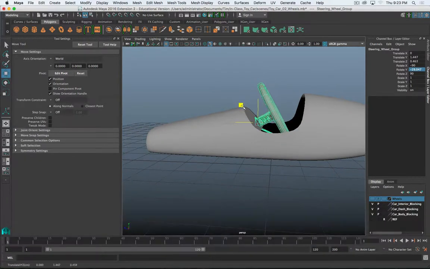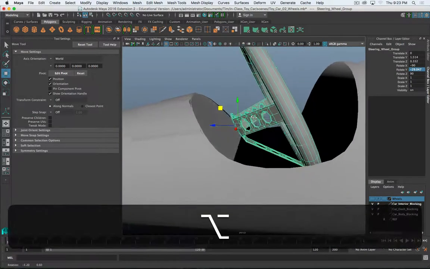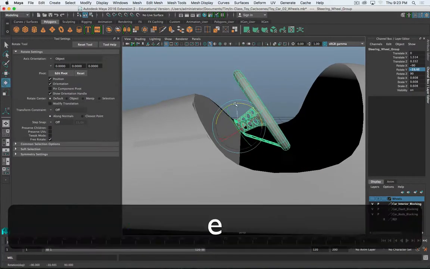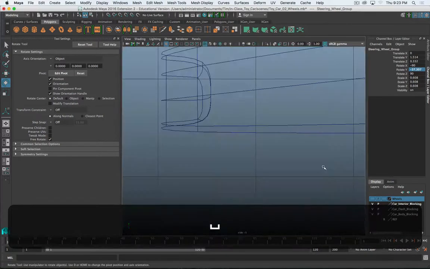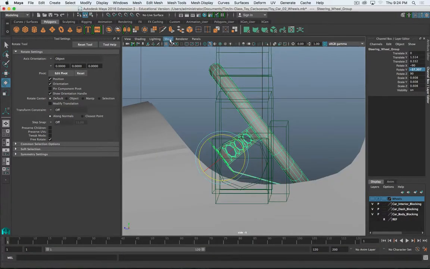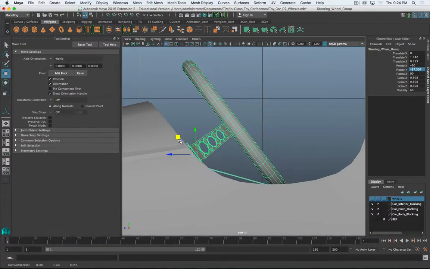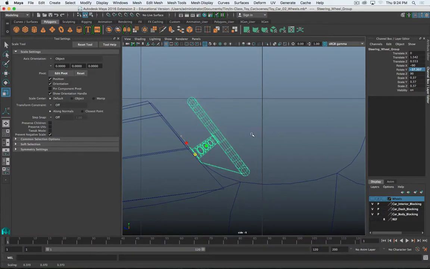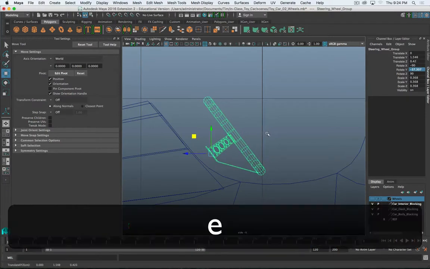Let's move it first. Move it right about there. And we need to scale the whole thing down. It's a little bit large. Let's look at this from the side view here. And again, hide my camera. Right about there. Scale that down a little bit more. Okay, I'm going to leave it a little bit off